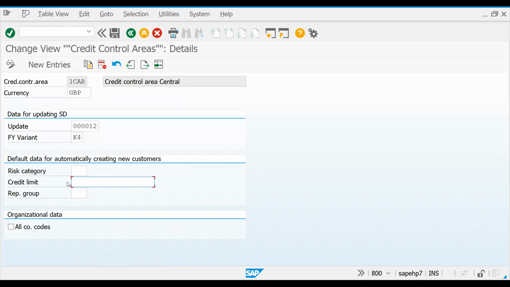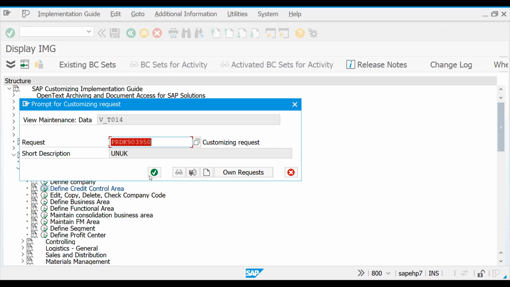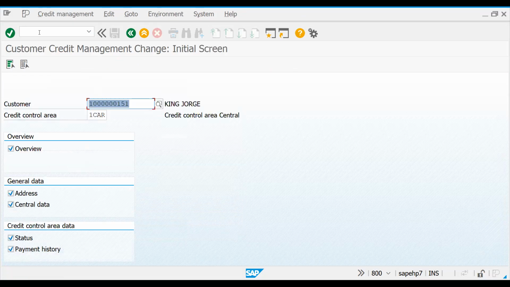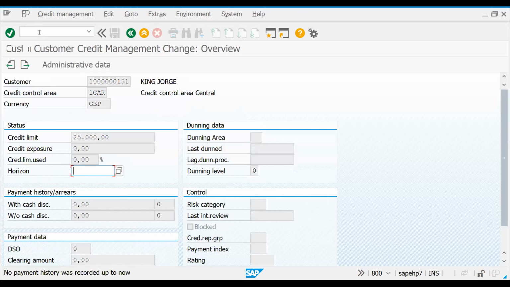I'm not going to define any credit limit. If it is a new customer, then by default it will come. It's up to company policy. So I would like to show it practically. Now you got it, right? Now go to FD32. Now when you press enter,